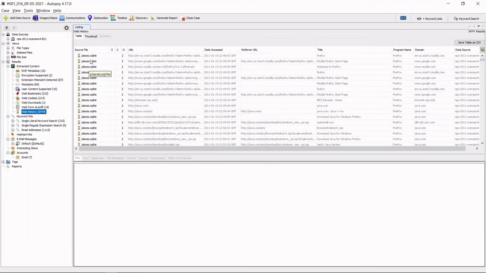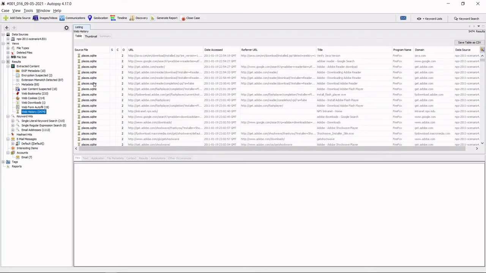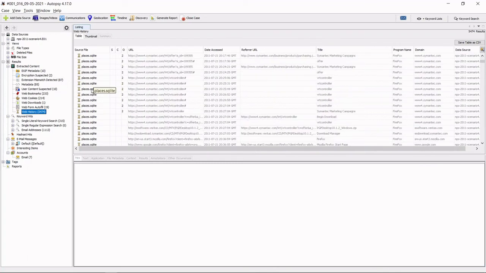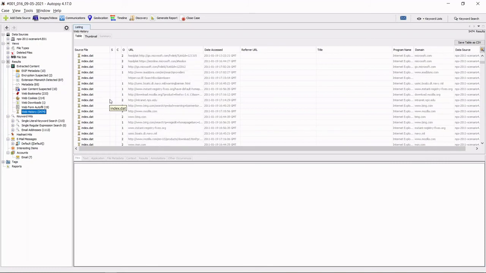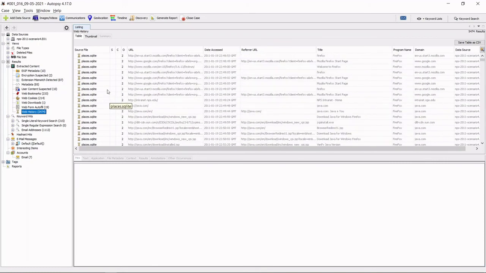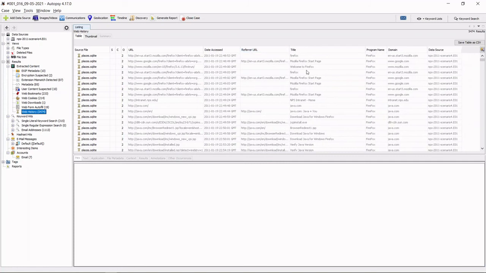The places.sqlite is going to be from Firefox again. It would be located in the user directory. If we scroll down, index.dat, I think yeah, it's from Internet Explorer. Web history can be quite interesting to map what kind of person that is, to map the activities they are doing.